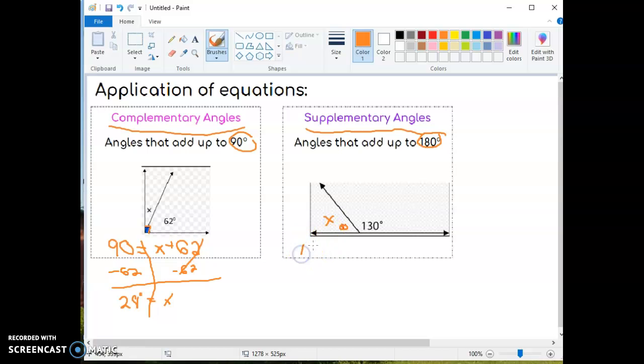It's saying that 180 degrees equals, whoopsies, try that one more time. 180 degrees equals x plus 130. And then you'll just solve it. These cancel. So I'm left with x